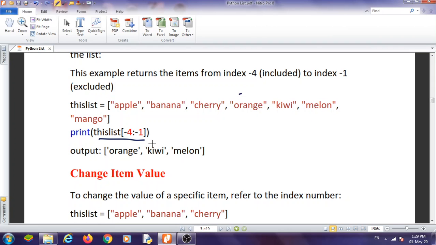Now -4 is this one. First of all print orange, after that kiwi, after that melon, and then there is -1. -1 is excluded, so only orange, kiwi and melon. These 3 results will be displayed in the output.